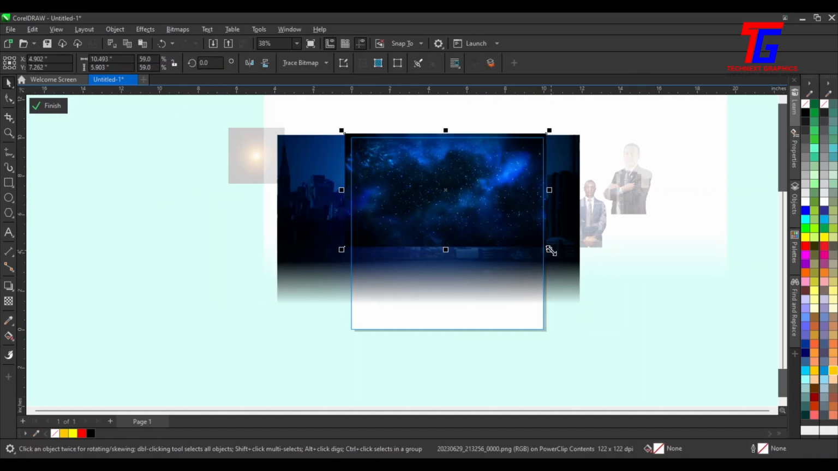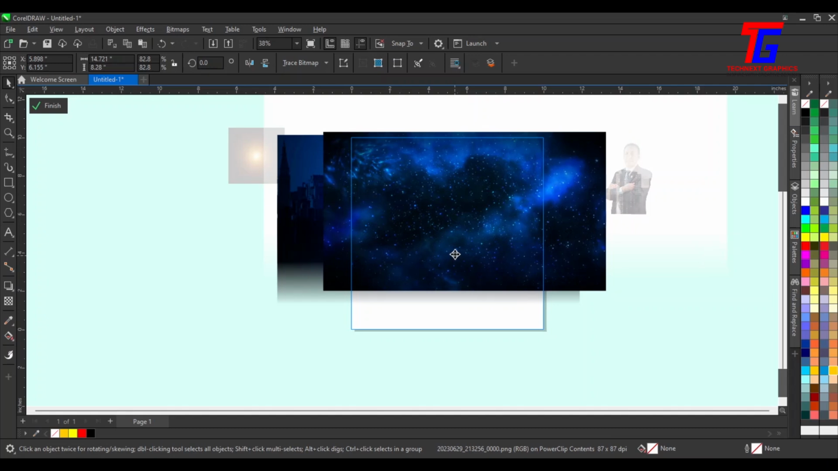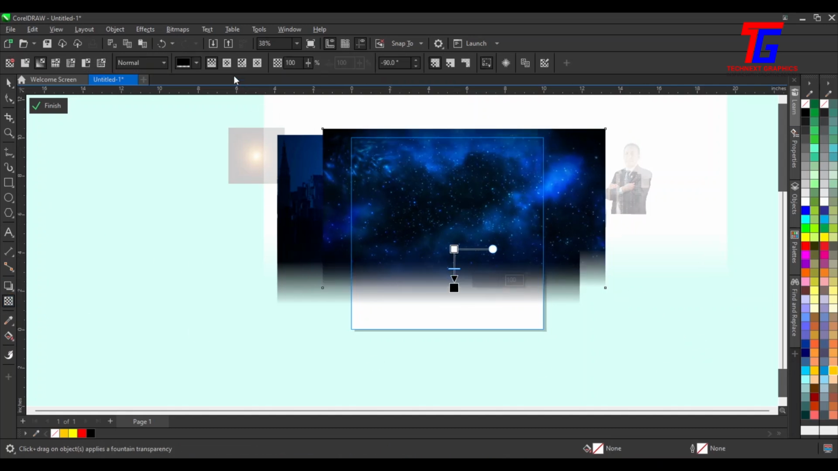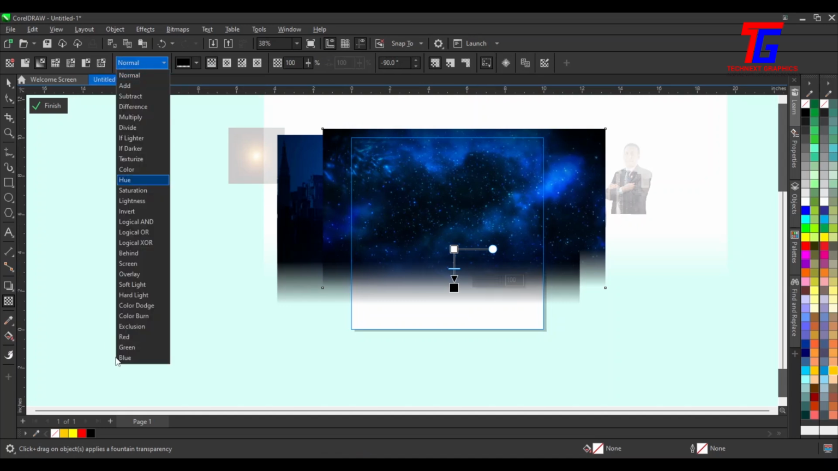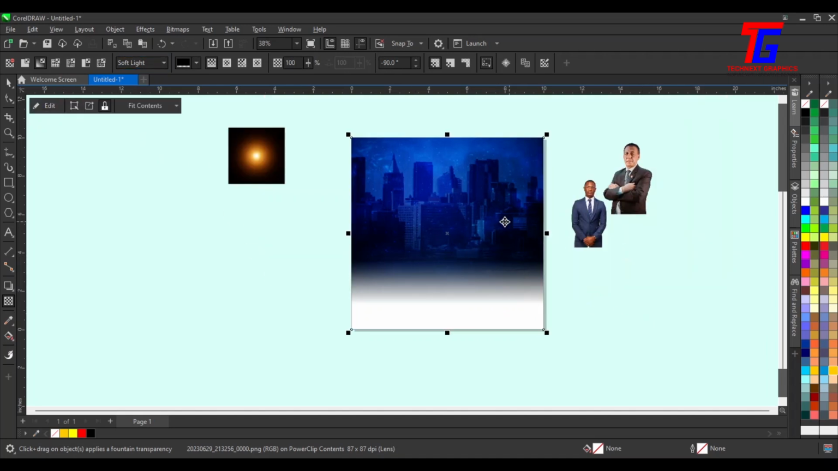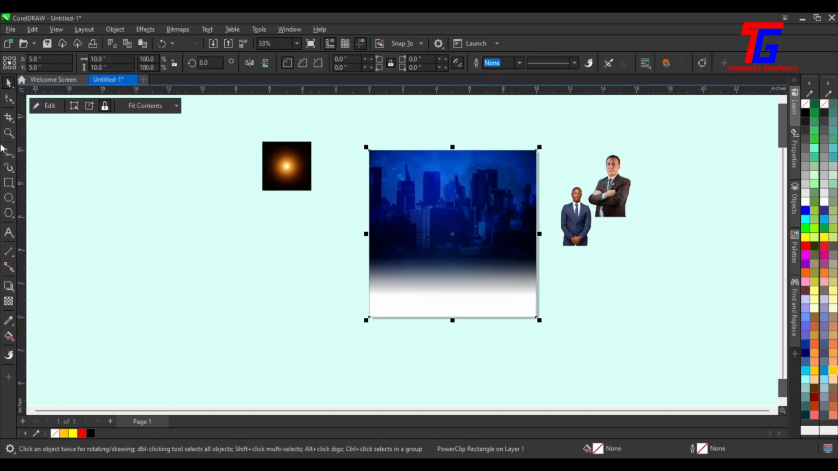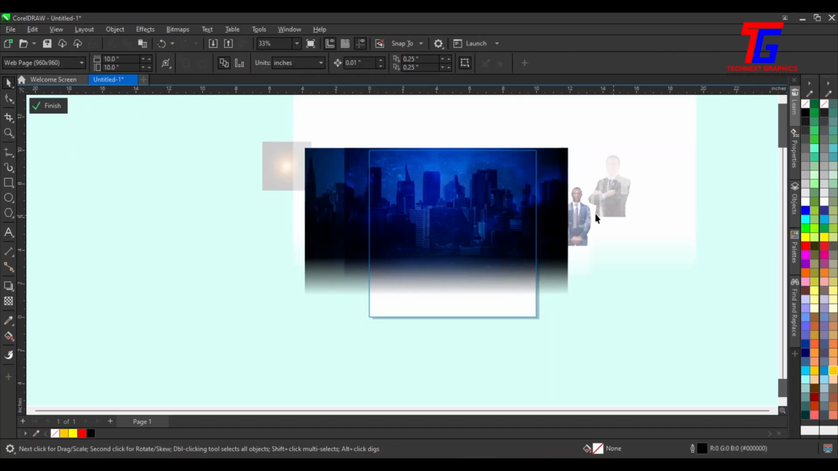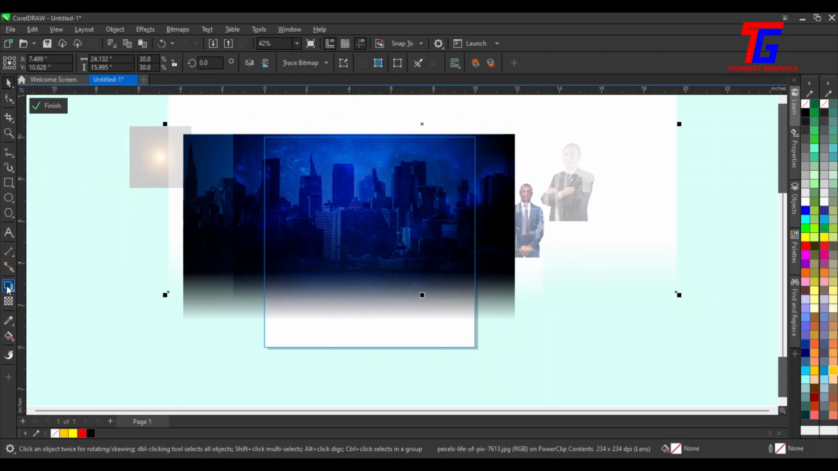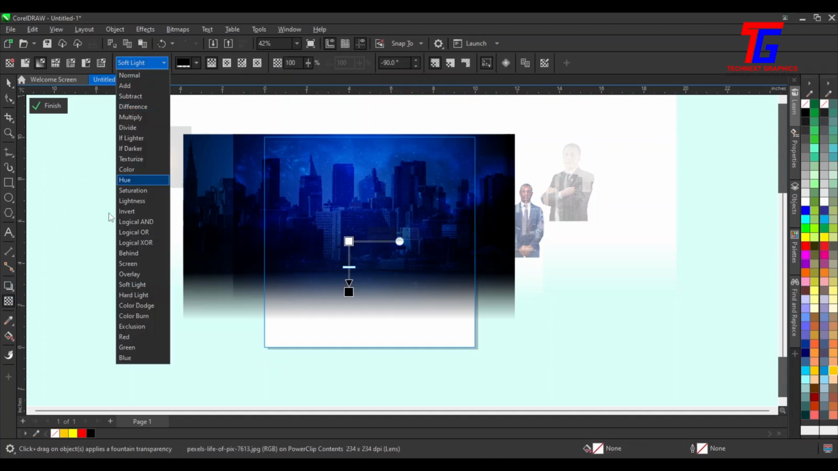position it here, resize, select transparency, fade out this part, select the blending mode to soft light, click finish. I'll edit again, select this image, transparency, change the blending mode to normal,